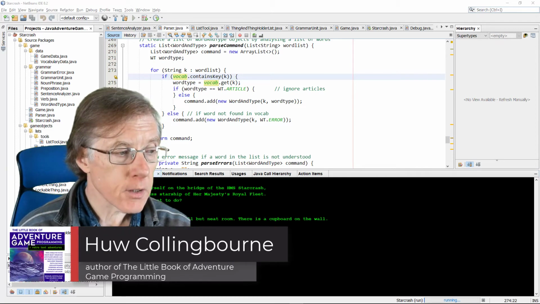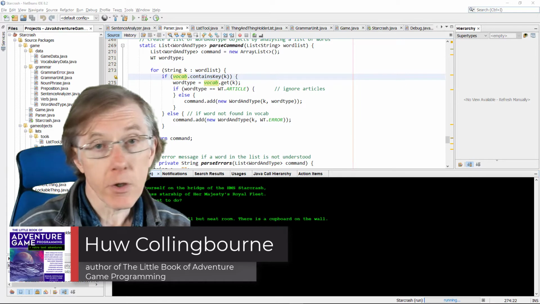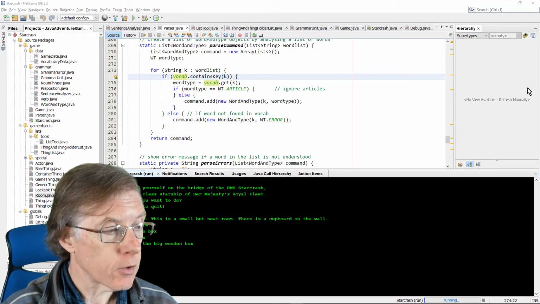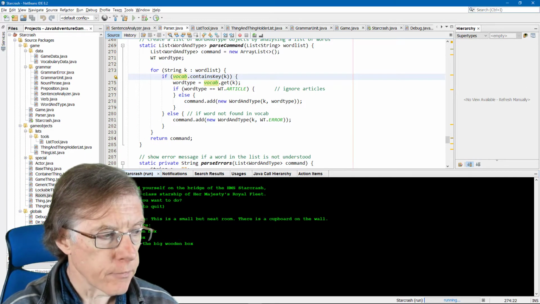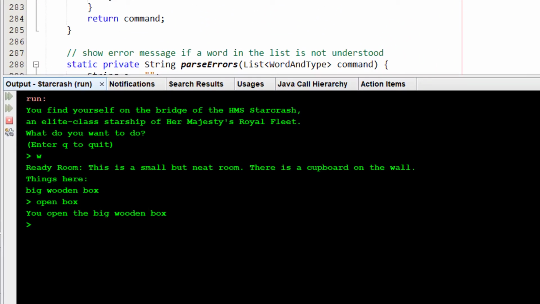Now, I recently mentioned an interactive fiction framework that I've been developing, first for Java, but now also for C#. This is the Java version. So you can see I'm in a room and I've got a box here, but actually there is more than one box. So if I take the box,